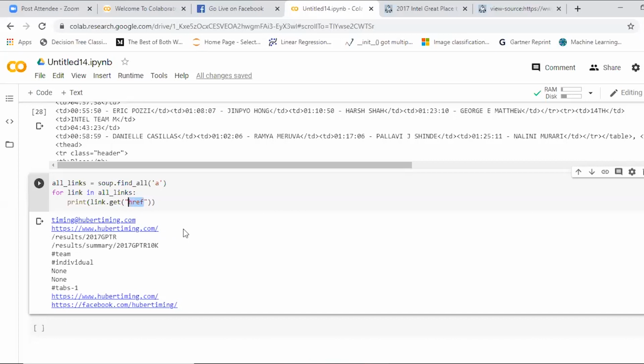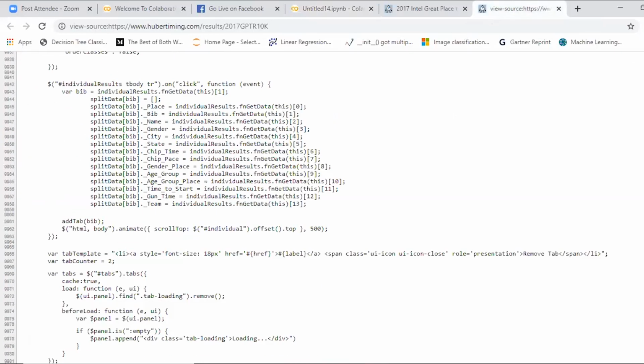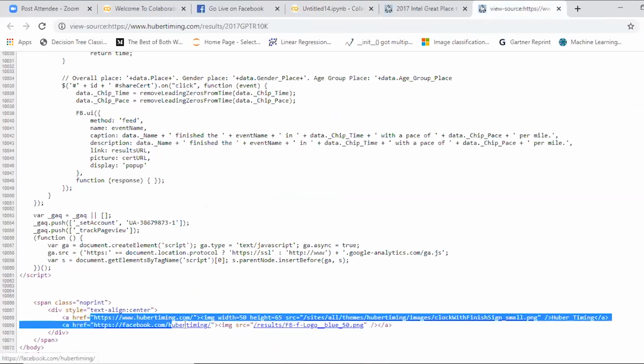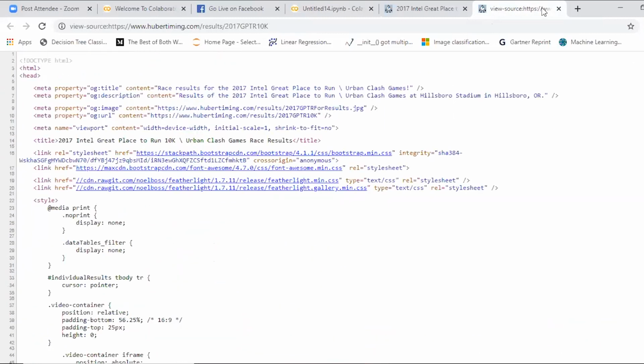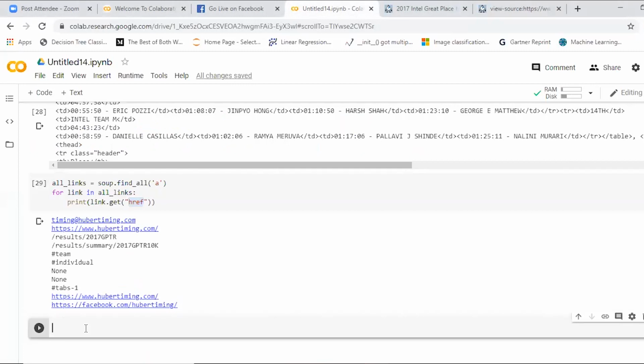You can see the same thing in the page source. You can go to the page source and scroll to the bottom, and you can find those things. See, at the bottom you have the hrefs of hubertiming.com, Facebook, wherever an href is present. Beautiful Soup, yes, I'll let you know everything as we go, because we only prefer the official documentation. You don't refer to anything else; you just prefer the official documentation of Python packages.